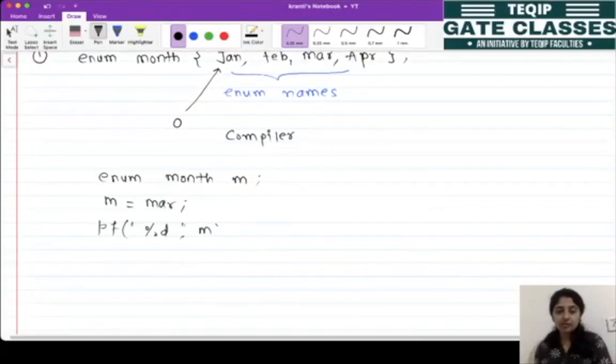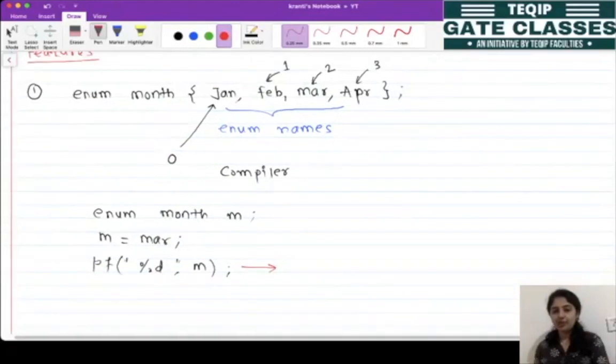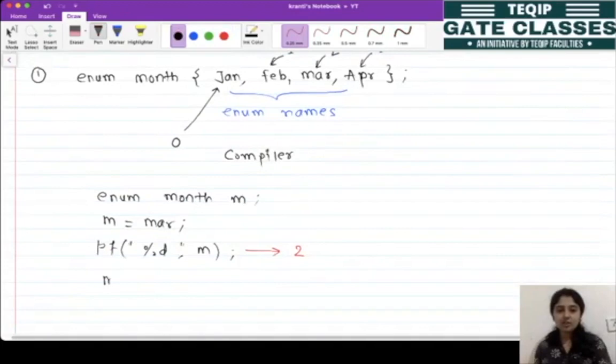So when we run this program, this statement will print the value 2. Why 2? Because the compiler has assigned the integer value 2 to it. If we have a statement something like this, m is equal to April, then in this case if we print this value, the output will be 3.